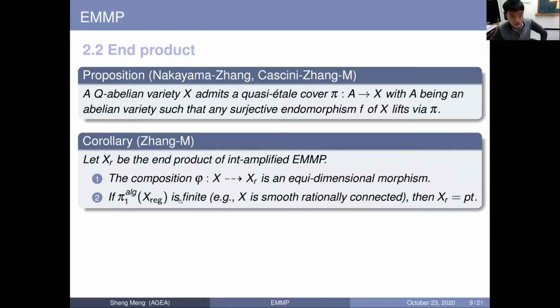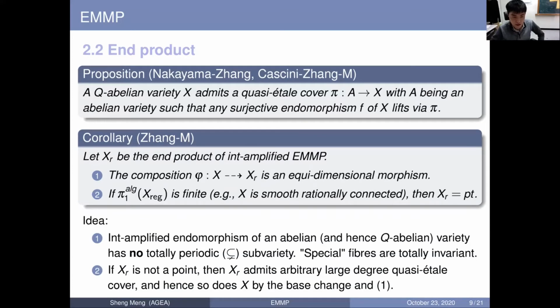And the second, if the algebraic fundamental group of the smooth locus of X is finite, for example, X is smooth rationally connected, in which case it is simply connected, then we can show that the end product is a point. Here, the idea is quite simple. Okay, we prove the corollary using the proposition. First,